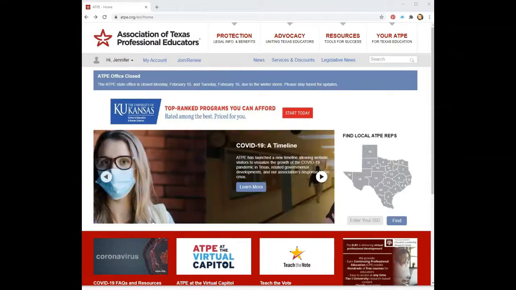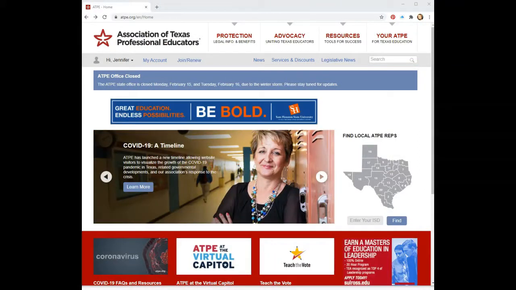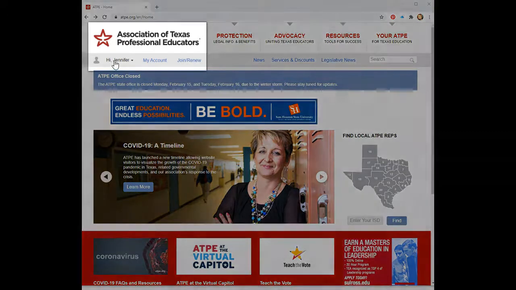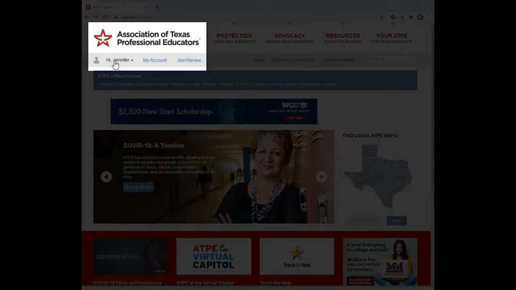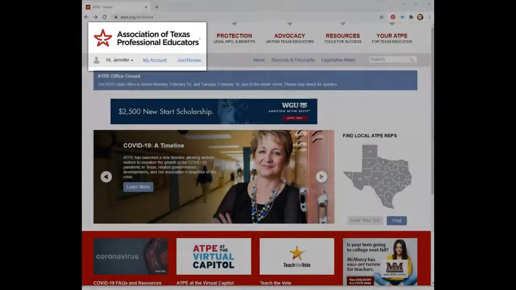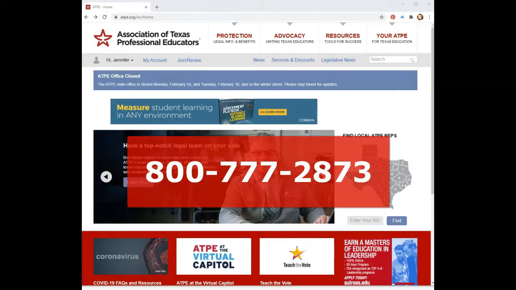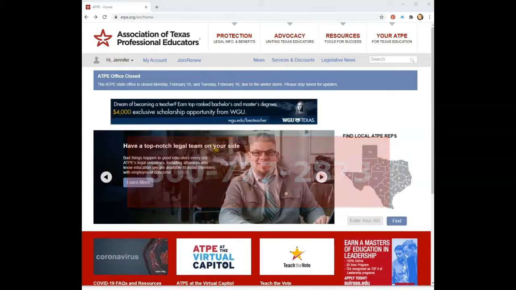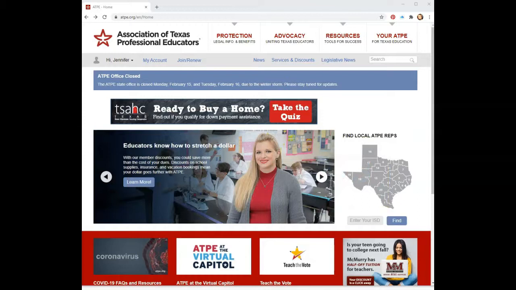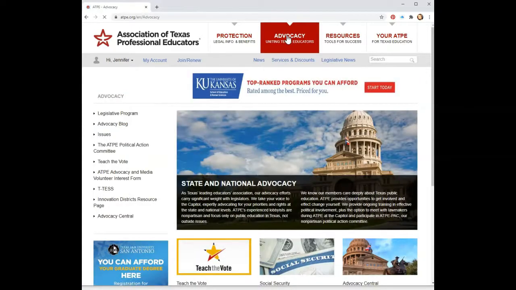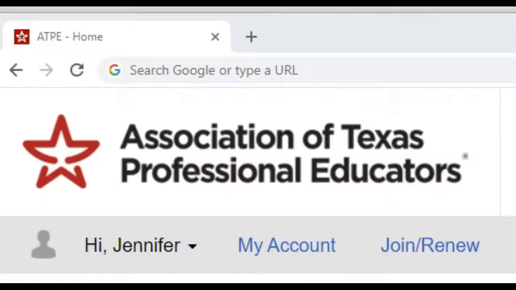Advocacy Central is an ATPE membership benefit, so you'll need to log in to your ATPE account online to access it. If you are unable to log in, call ATPE Member Services at 800-777-2873 and they'll get you hooked up. Advocacy Central is housed in the Advocacy section of our website at atpe.org.